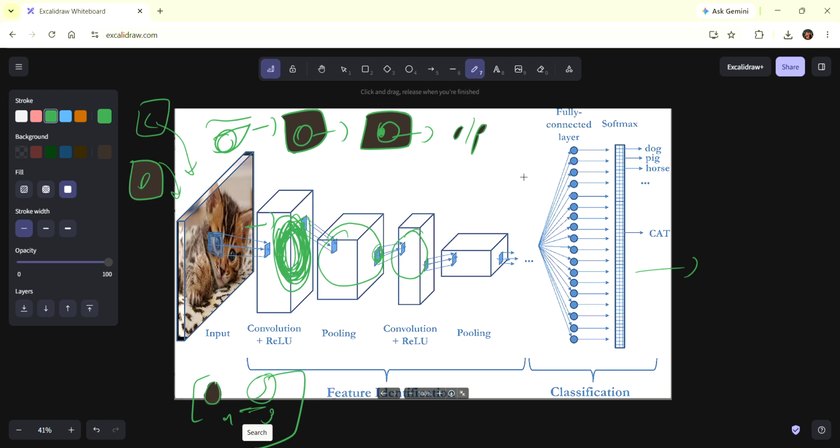What purpose is the fully connected layer used for? This layer works like your human brain. These are all neurons, guys. Every neuron is connected to each other. They get questions like, does it have whiskers? Are the ears pointed? Is it not visible? Whatever things you are getting, we combine everything, and we give you the outcomes.